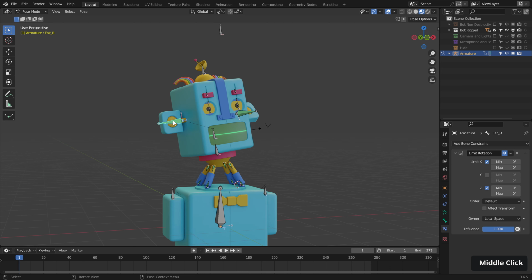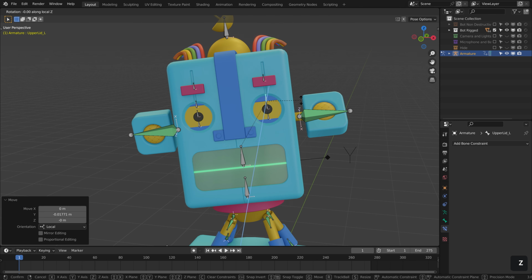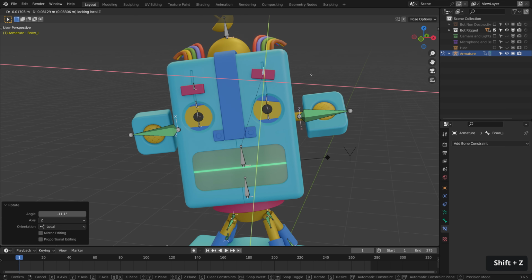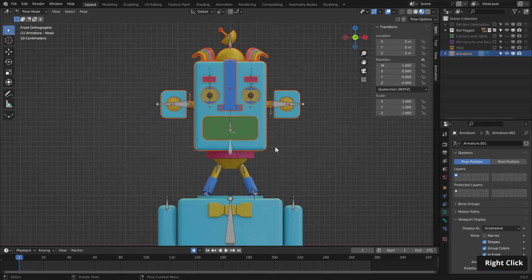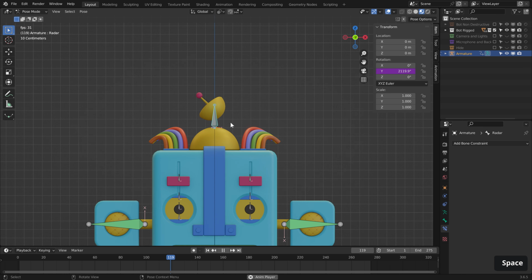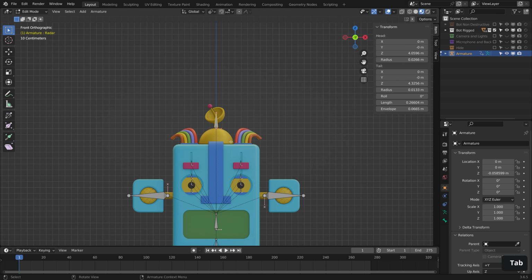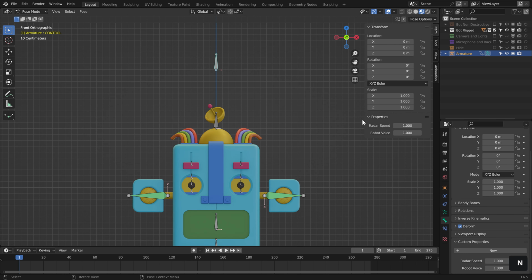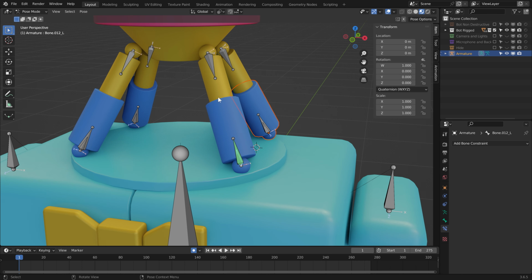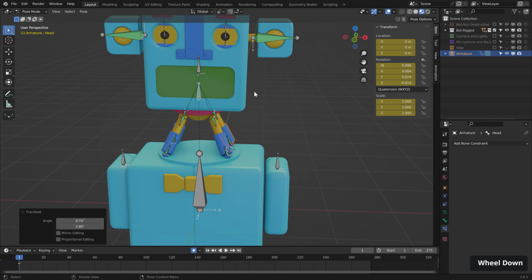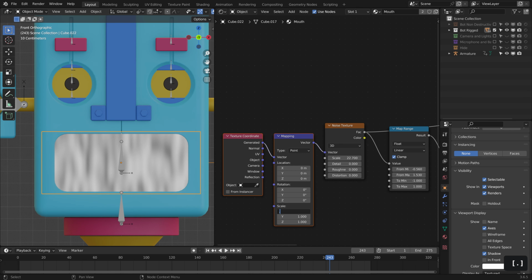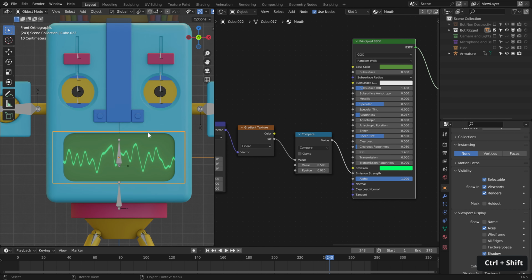Quality work. In this video, we'll look at how we can rig a hard surface robot for animation. We'll create an armature, parent bones to bones, parent objects to bones, and explore common elements for robotic motion, using constraints, custom properties, and drivers to save us time. We'll also look at how we can set up hydraulics without them glitching. And lastly, we'll look at setting up a shader to create an audio waveform effect that is in part driven